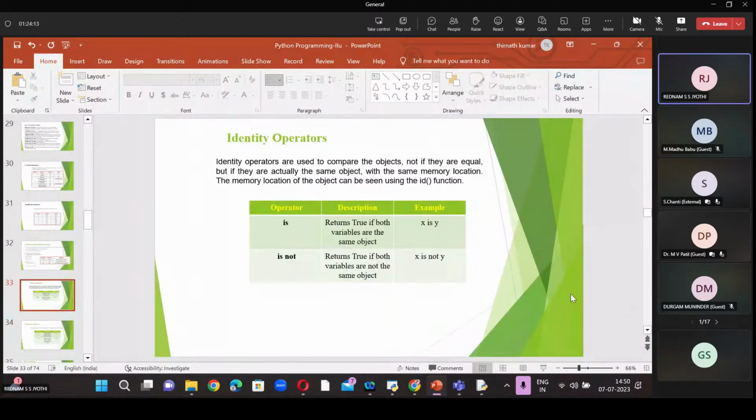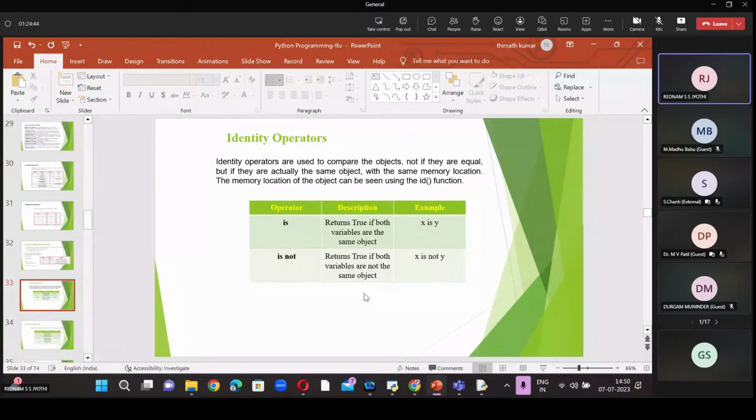Next one is identity operators. There are two types of identity operators: is and is not. X is Y returns true if both variables are the same object, and is not returns true if both the variables are not the same object.